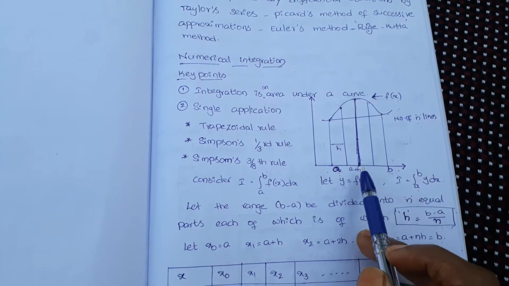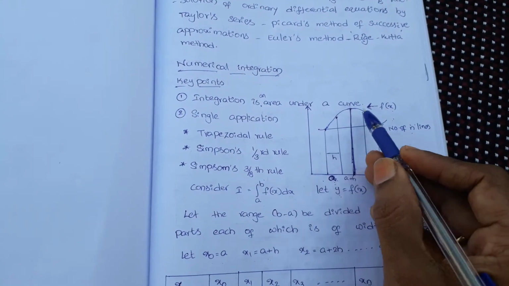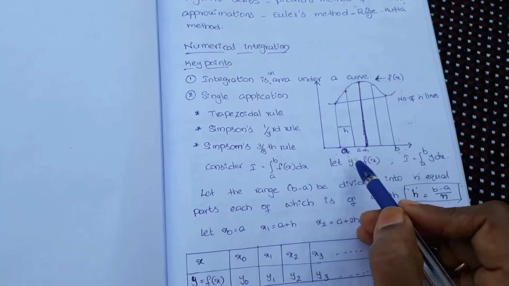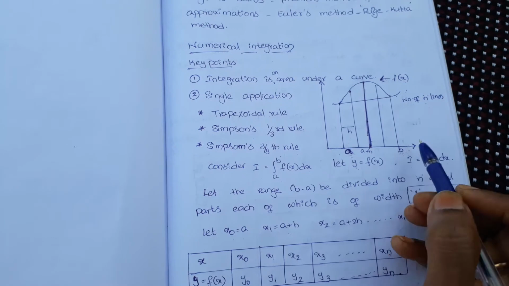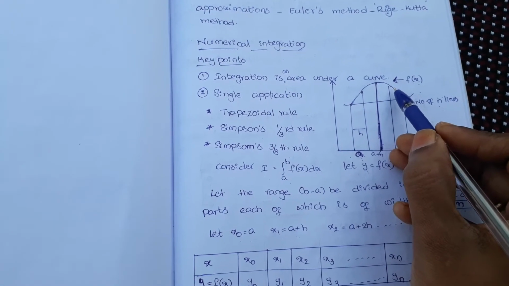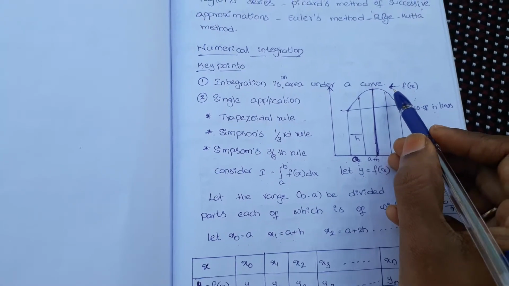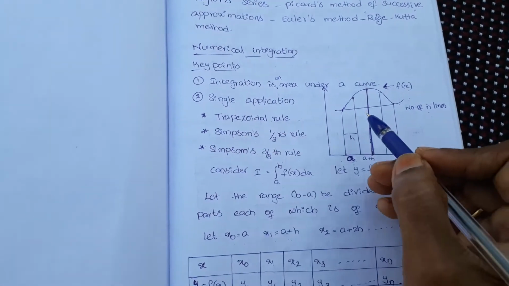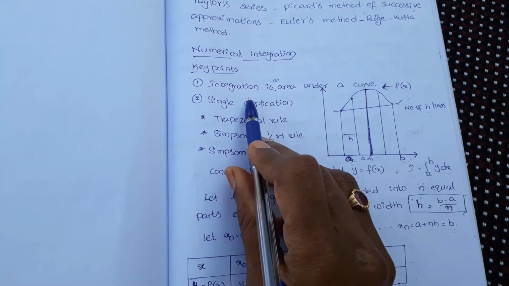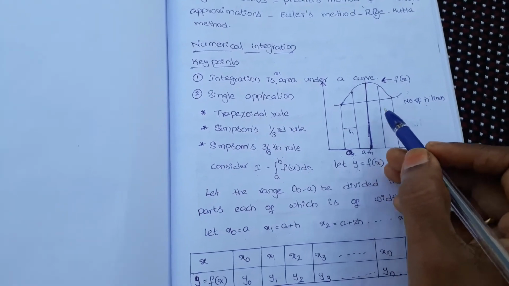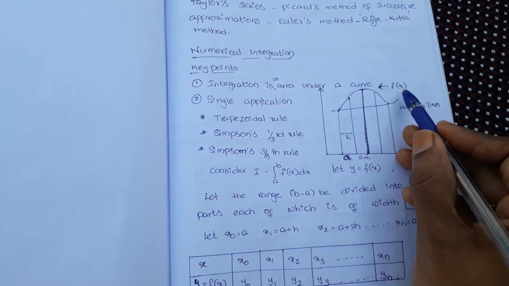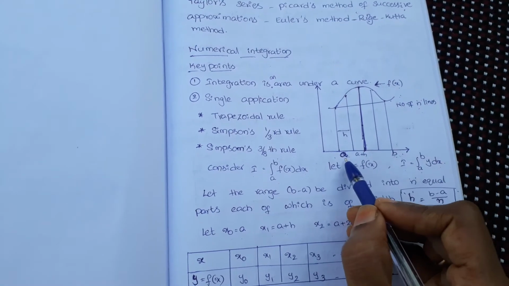See here, in the xy plane, this is a curve of a function f of x between the limits a and b. Here, the area under a curve is called an integration. The area under a curve is called integration. Here we can find the area under the curve of the function f of x between the limits